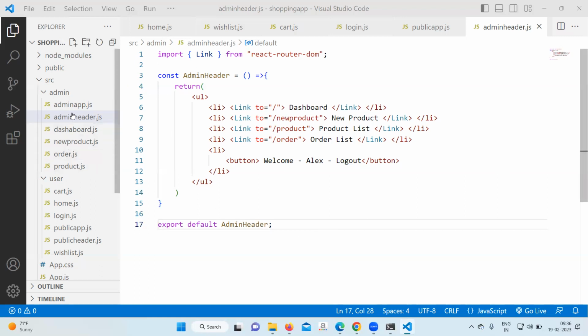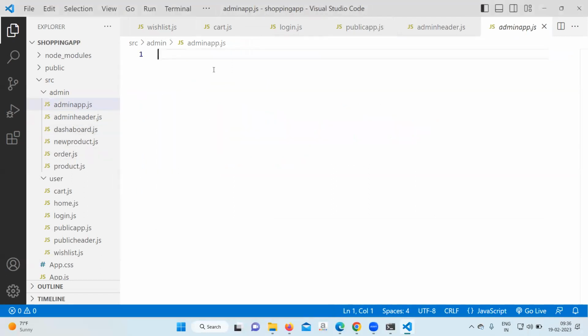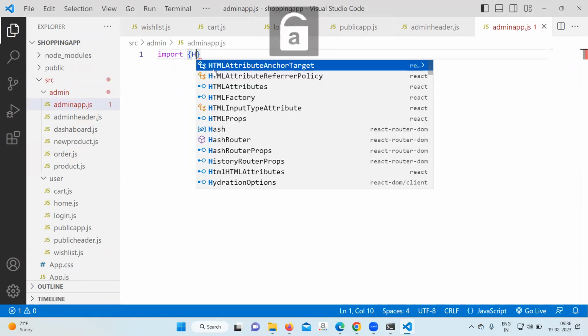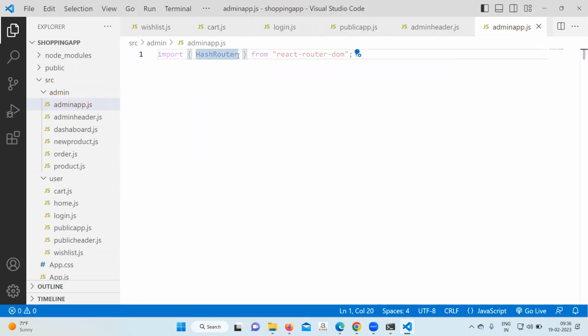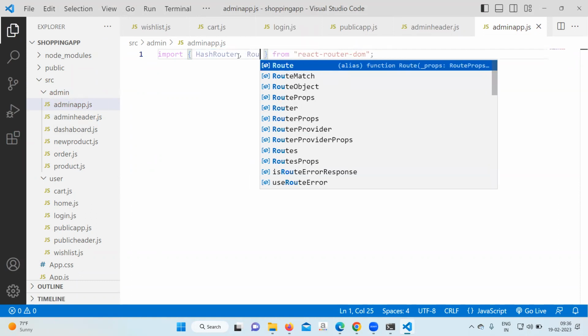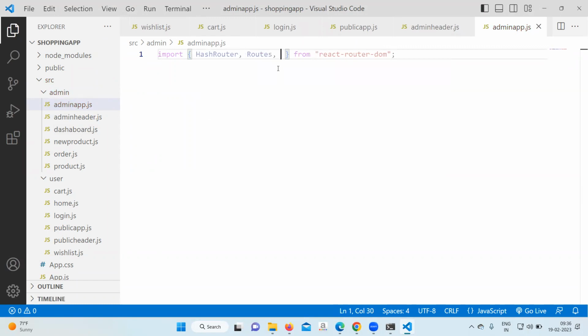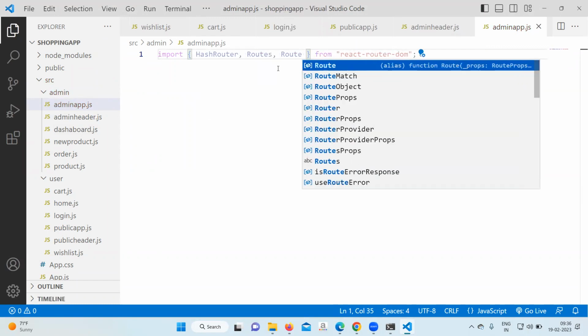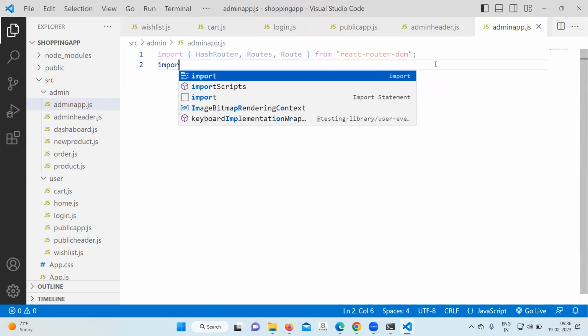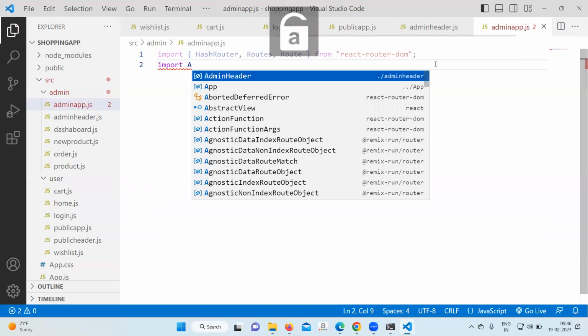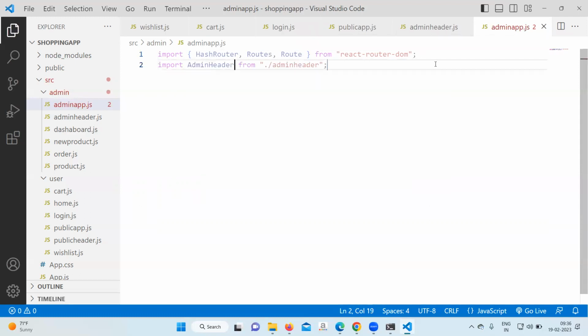So we'll go to the admin app. In admin app, import as router, routes, route, import admin header,